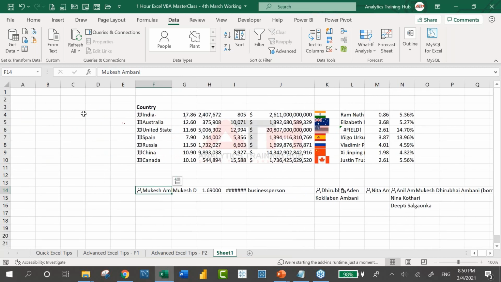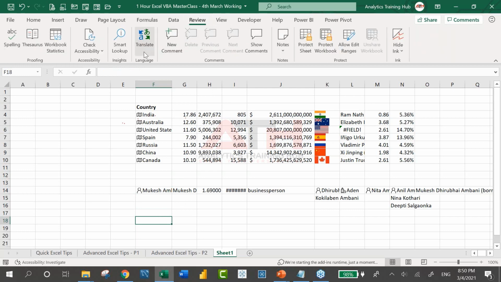Isn't it interesting, guys? You will be able to save a lot of time without being dependent on Google. Another interesting feature they have added is Smart Lookup. If you have any topic you want to search, you don't have to go to Google. For example, I have a topic called blockchain. I want to do research, but I do not want to take the help of Google.